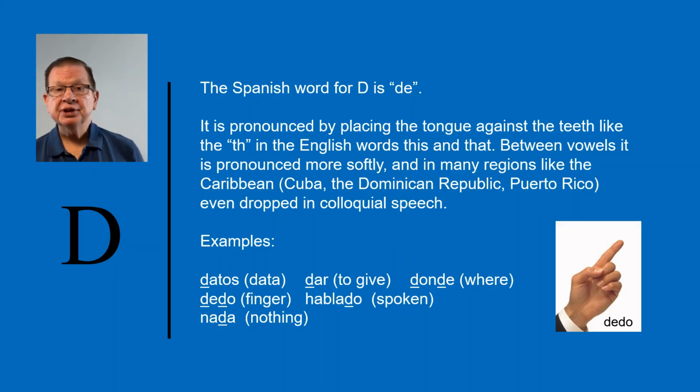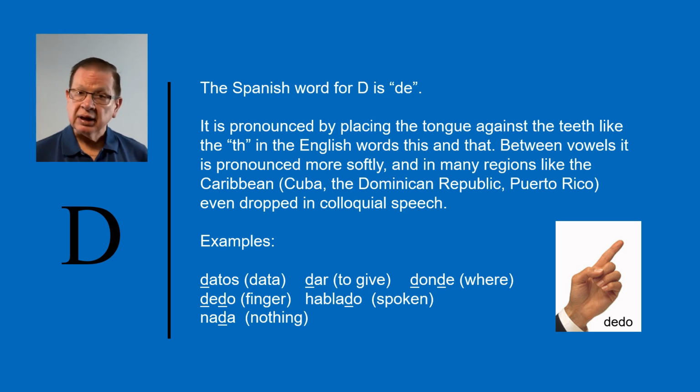D. The Spanish word for D is de. It is pronounced by placing the tongue against the teeth like the TH in the English words this and that. Between vowels, it is pronounced more softly, and in many regions like the Caribbean, Cuba, and Dominican Republic, Puerto Rico, it is even dropped in colloquial speech. Examples: datos, dar, donde, dedo or deo in Caribbean Spanish, hablado or hablao in Caribbean Spanish, nada or na in